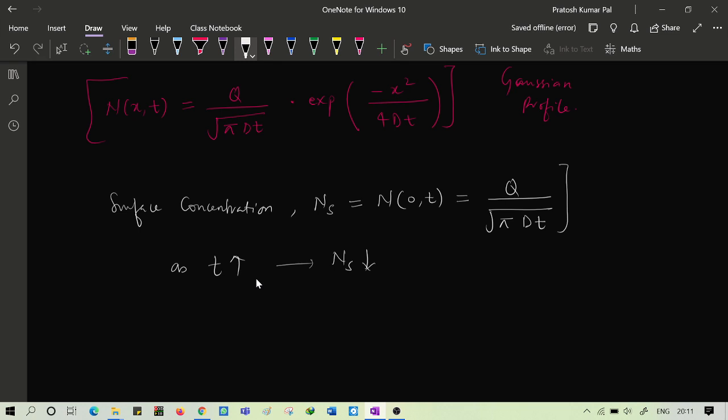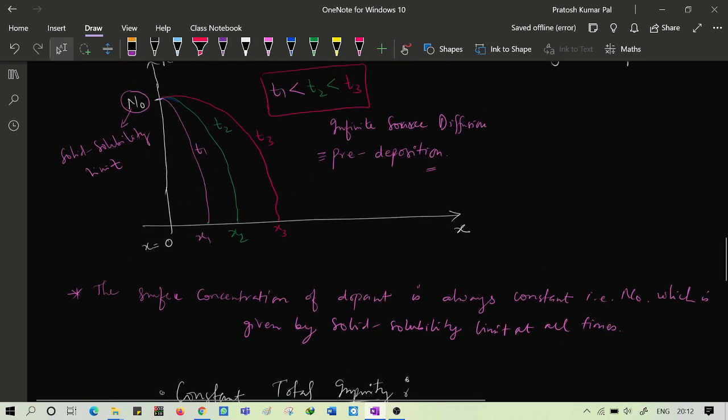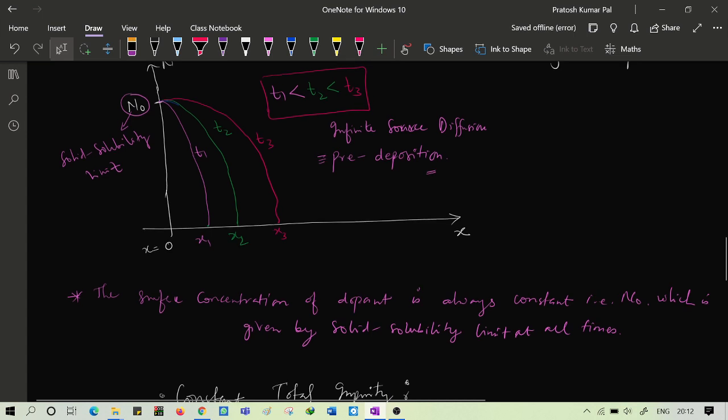So what will be the junction depth? That is given by xj. This is defined when concentration is equal to NB, that is the boundary condition concentration. One more point we missed here. So in this plot we have seen that at the boundary, this concentration is considered as the NB. So this is the point where the junction has been formed.